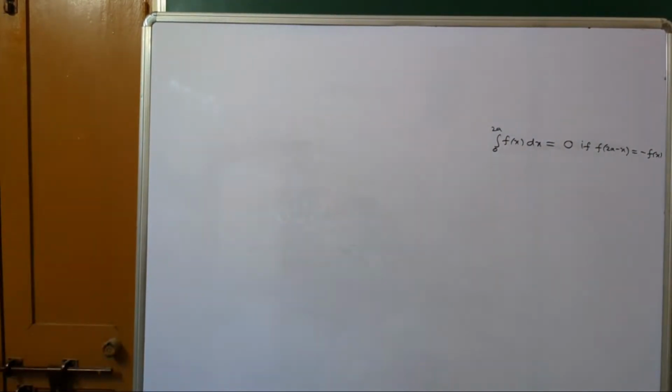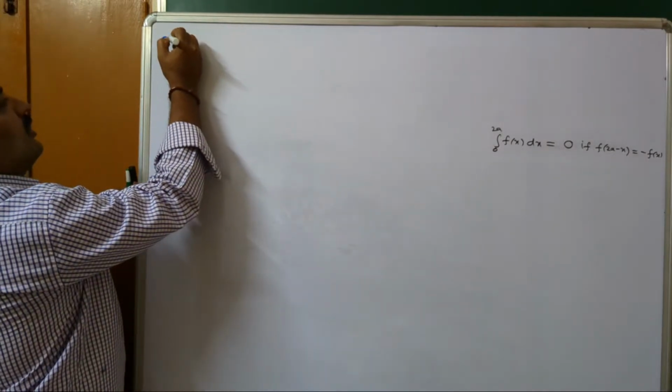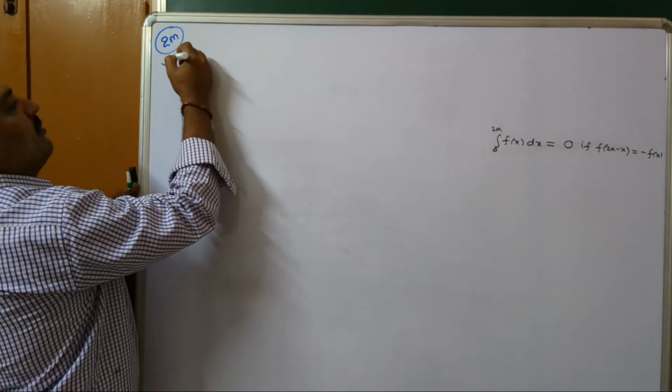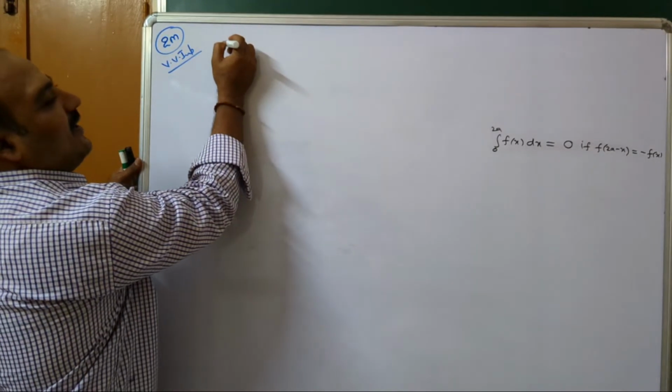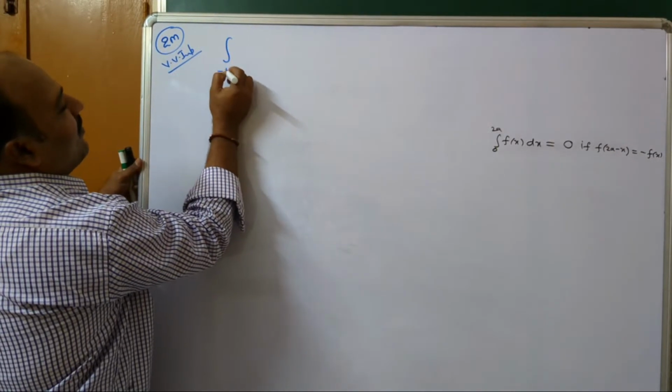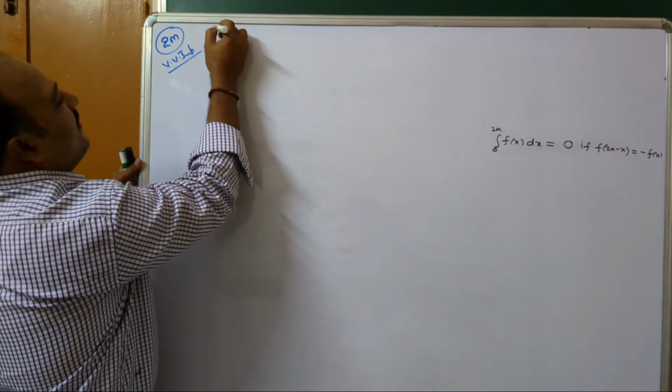So this coming problem is also important for 2 marks. They ask it a number of times. Evaluate, 2 marks, very important, dear students. This one is very, very important. In terms of theta also they will ask. I will write in terms of theta only: integral from minus pi by 2 to plus pi by 2